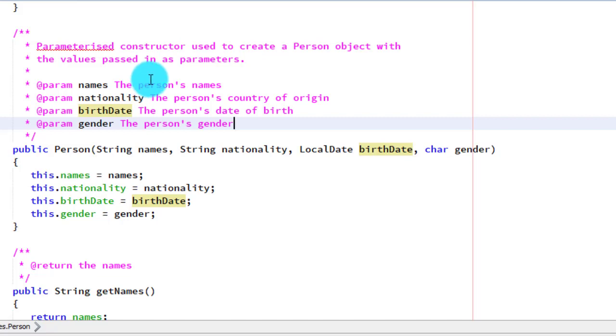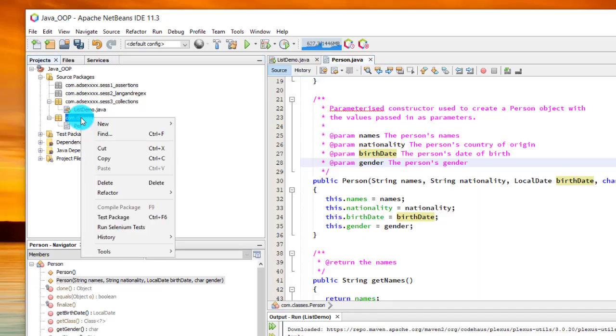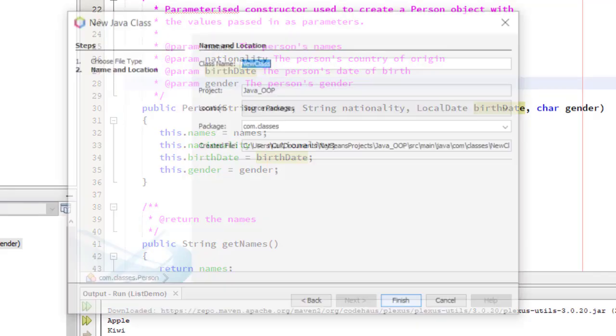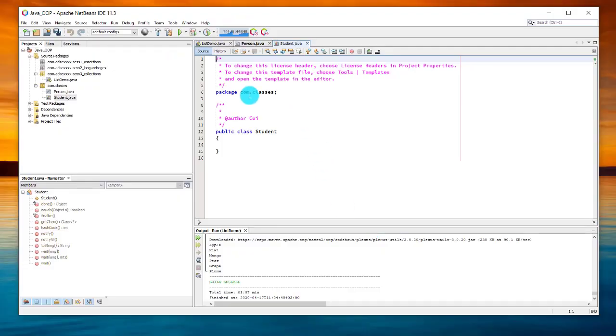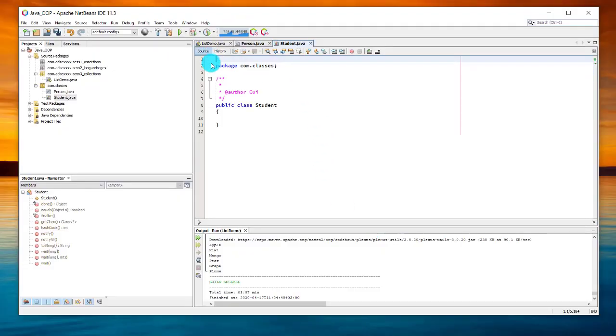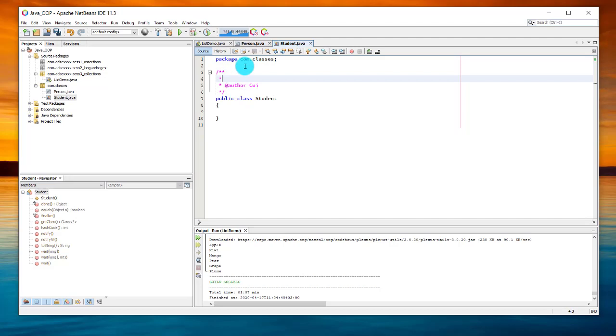We want to extend this class very quickly, and we want to create a student or employee class, whichever you're comfortable with, but we can do both very quickly. So we come back here to the com.classes package, right click, select new Java class. So the name of this one will be called Student, then click finish. Very quickly, get rid of this stuff, explain the purpose of your class. This is a Java class that will be used to create